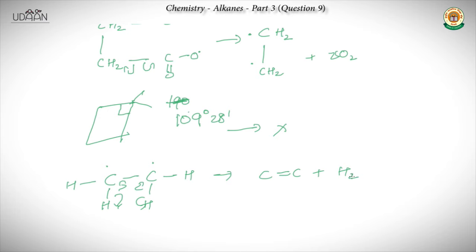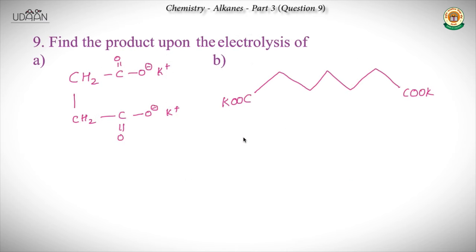Okay, interesting. So instead of getting a cyclo product, we get an alkene product as such. Yes. Alright, let's look at the second case where the chain is longer, and let's try and see what happens in that particular case. Let's solve the second bit of the question now. In the second part, the biradical which we get is,